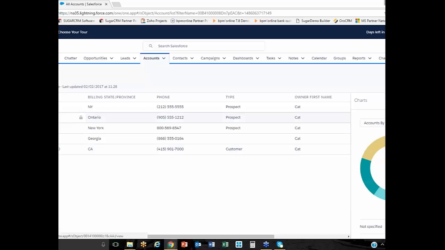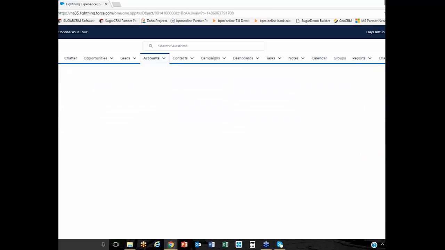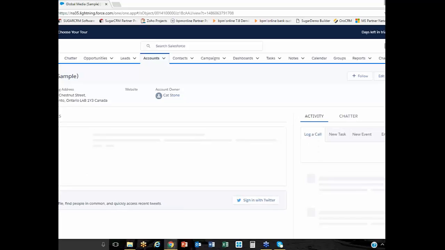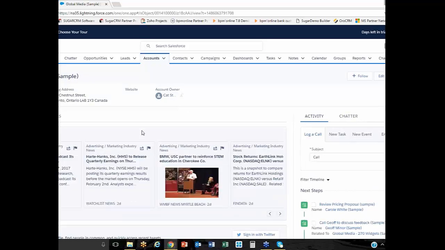Okay, I'm going to go ahead and go into Global Media. Nice little sample record here. As you would expect from any enterprise CRM platform, the form is completely customizable, just as it is in SugarCRM. They position the data a bit differently in Salesforce than they do with Sugar. Sugar relies primarily on those subpanels. Salesforce has subpanels as well to organize the data, but it also tends to import more graphical information at the top of the forms by default.